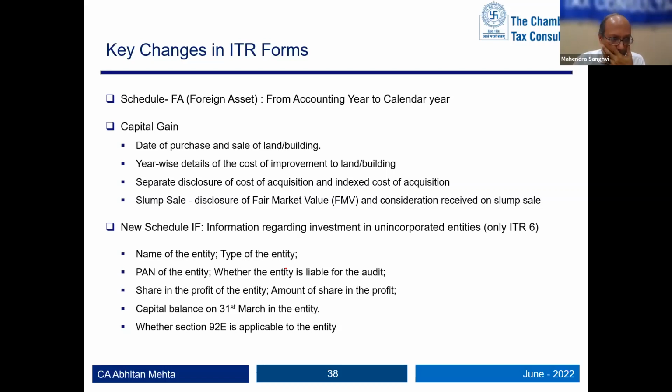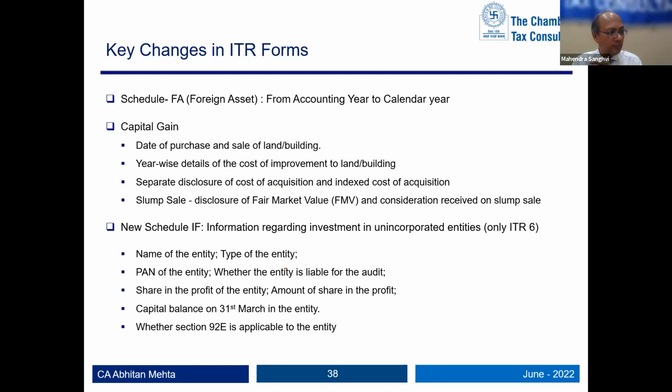So this time they have, for the first time, specifically provided that you have to look at the calendar year and not the accounting year. Whatever foreign assets were there on 31st December are to be reported in your ITR, and not 31st March. Possibly for ease, for a return in July, you have sufficient time with 31st December data being there. Otherwise, specific accounts to be prepared for 31st March may be an issue.